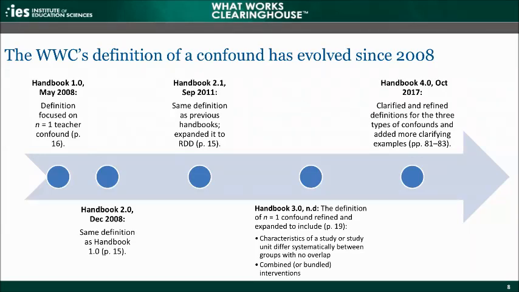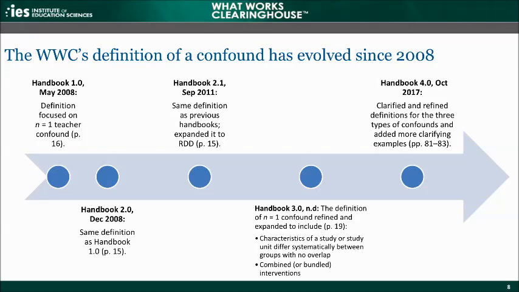If we move to the bottom left of the diagram, we see that Handbook 2.0 was released in December of 2008, and it basically used the same definition that was used in Handbook 1.0. If we move to the top center of the diagram along the timeline, we see that Handbook 2.1 was released in September of 2011. It used the same definition as previous handbooks, but also expanded it to include the regression discontinuity design. And importantly, if we move to the bottom right